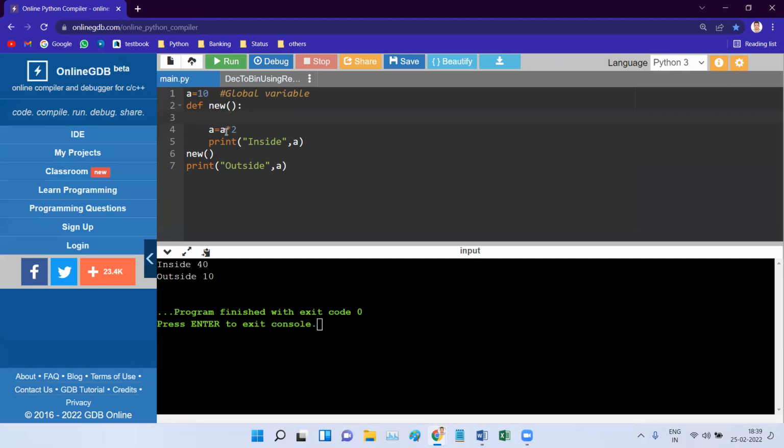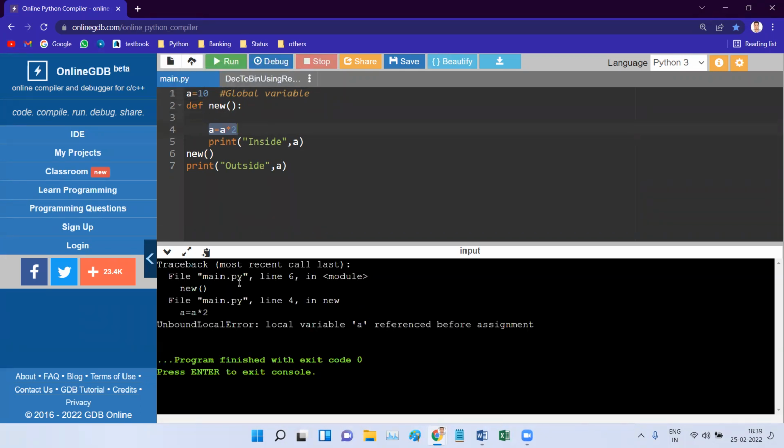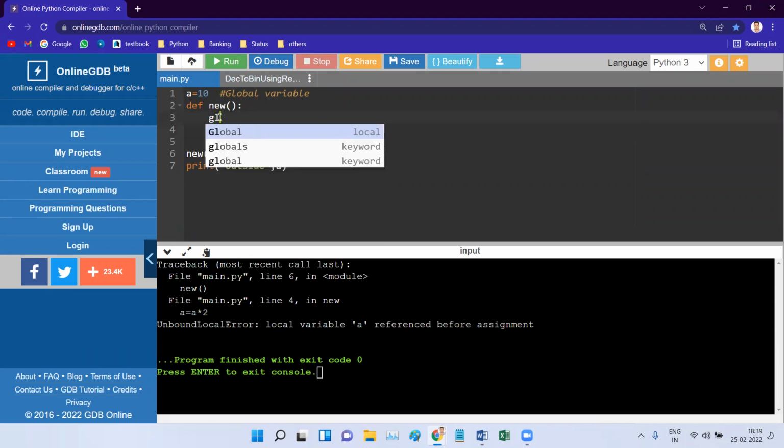But when we did not have the global keyword, it was working with a local a variable, and since there was no local a value, when we ran this it gave this error. But when we gave this keyword global a, it was able to do operations. Sony is saying she has understood.